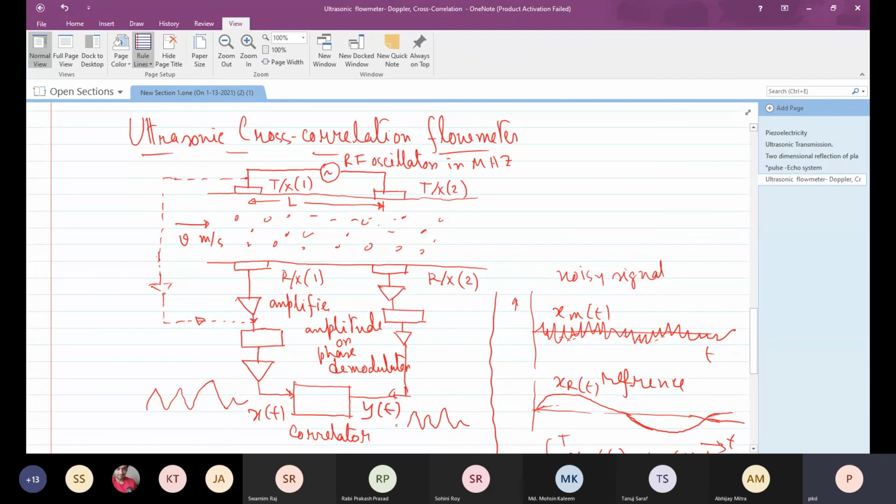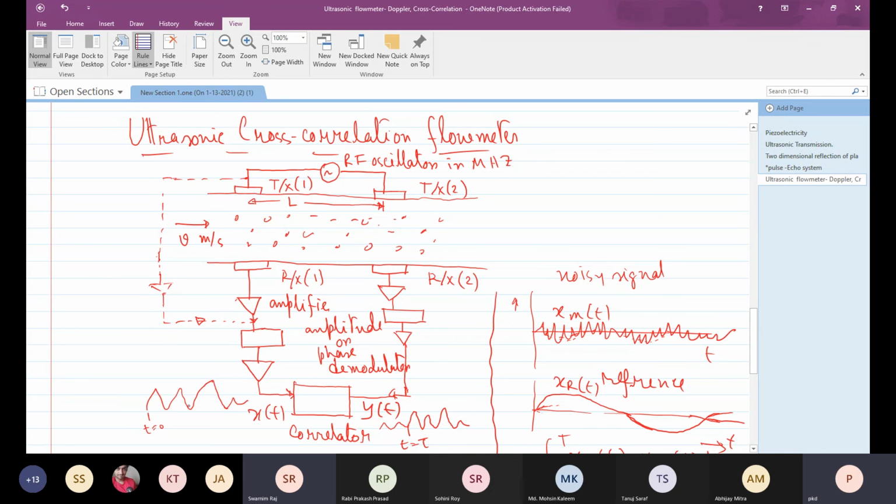However, this pattern will come after a certain time, because the pattern which is available at this place will be delayed. So if this is T0 here, and this part is with respect to this, if we put the same electrical time reference, then this would be t equal to tau. So Y(t) would just be phase shifted from X(t)? Yeah, ideally it is phase shifted. If it is phase shifted, then we will get the perfect output.